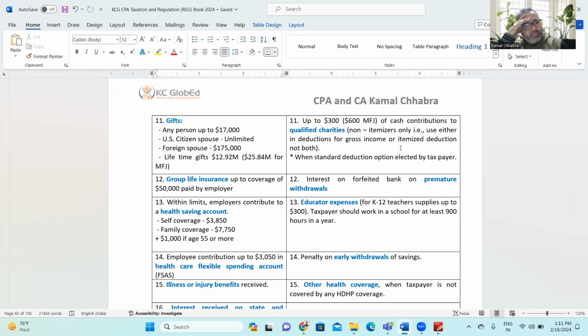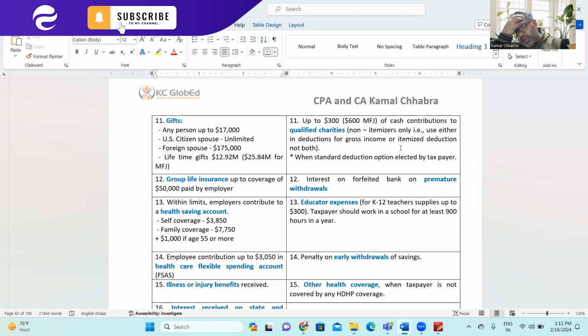So very simple, straightforward. On the other side, if you are in need of money and you have done the withdrawal of this cash, right, before the 5 year maturity time of the respective bond or maybe respective asset. So in that scenario, you may be liable to pay certain penalty or you may be liable to pay certain taxes, right? So that is called premature withdrawal, right? Charges for premature withdrawal. So in that scenario, the interest and taxes which you are paying, you can consider that as a deduction. Make sense?